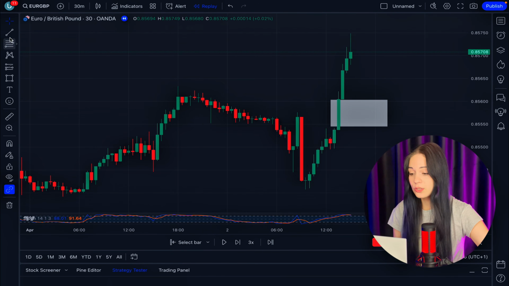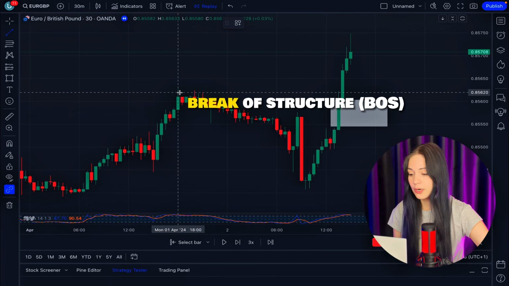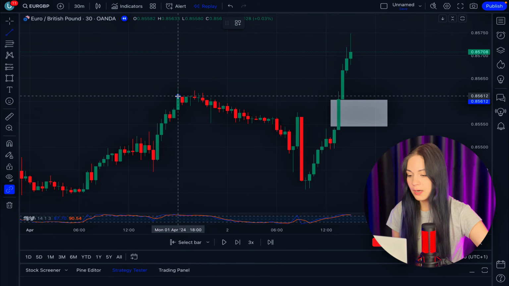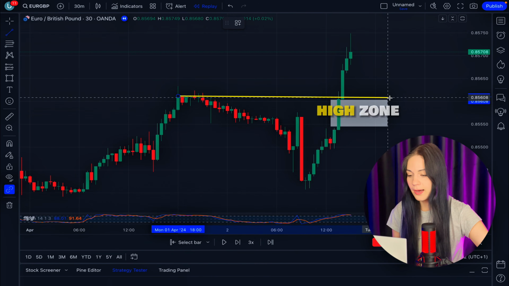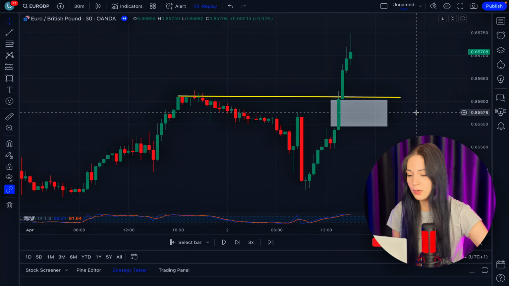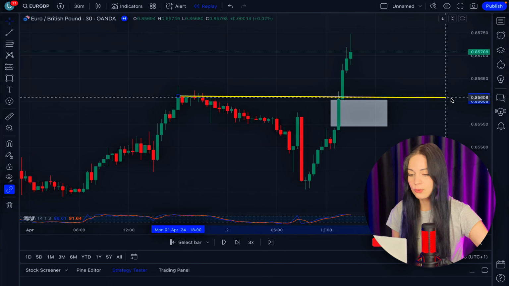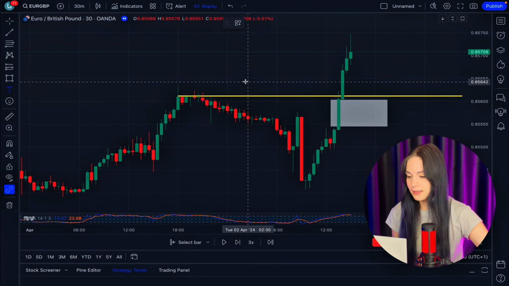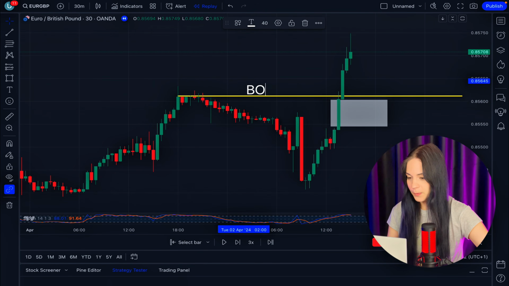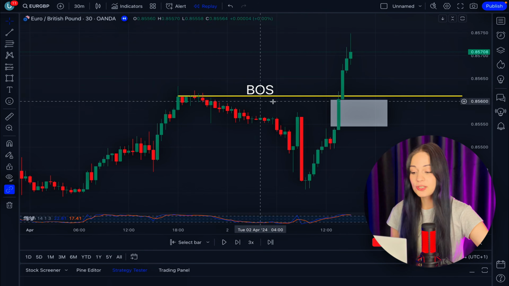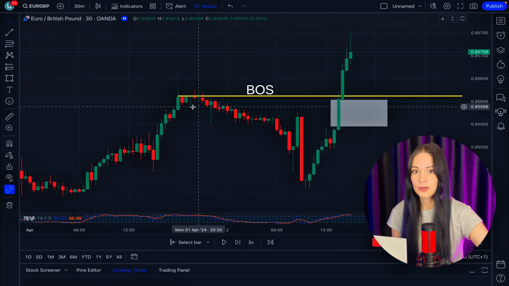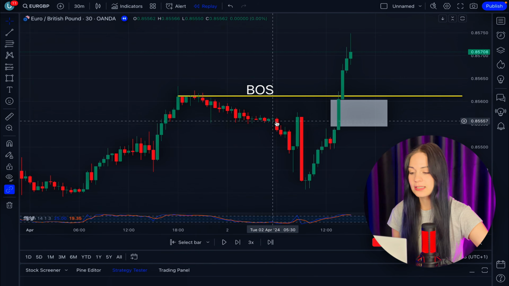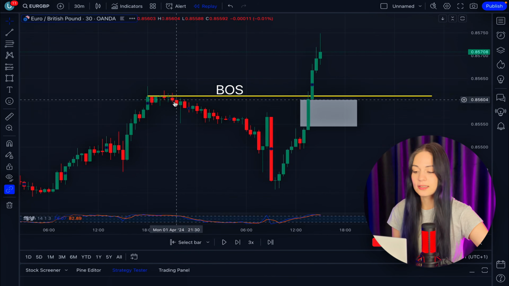First things first, we are looking for the break of structure. Let's put a little mark right here, the high zone, the previous one, and of course in this zone we see the break of structure. All right, and let's add it here. Additionally, besides the break of structure, we understand that this is our recent high and this is our